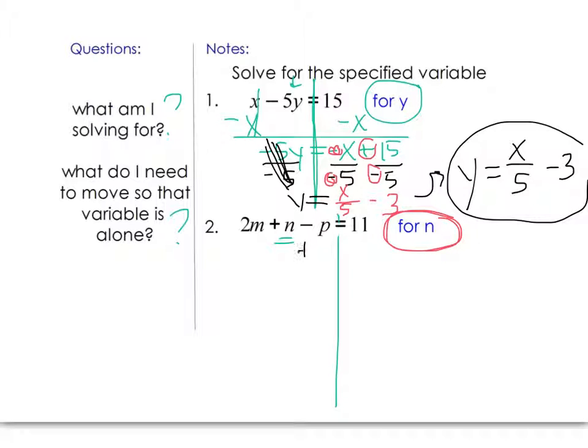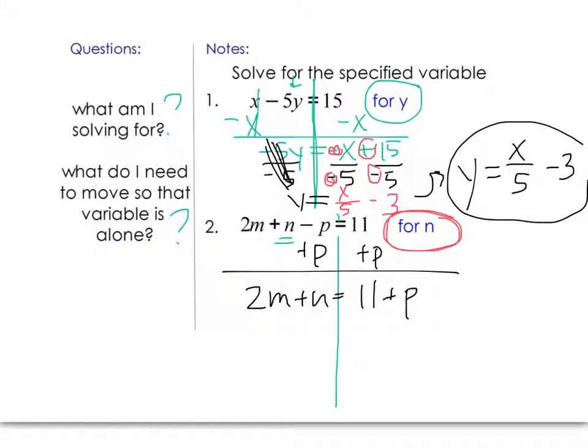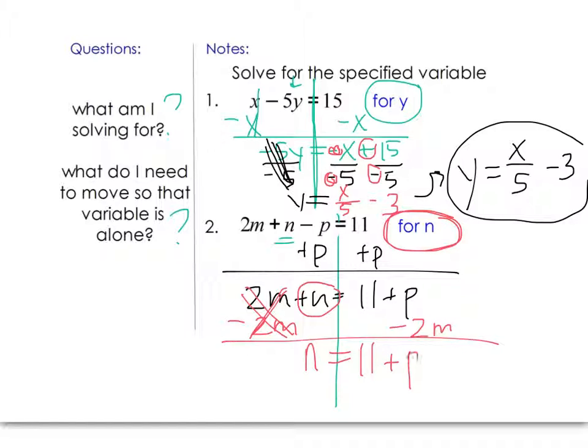Oh, let's add p. Let's add p to both sides. So I get 2m plus n equals 11 plus p. Well, that n is not alone yet. I need to take away 2m or subtract 2m from both sides. 2m minus 2m becomes 0, and I get n equals 11 plus p